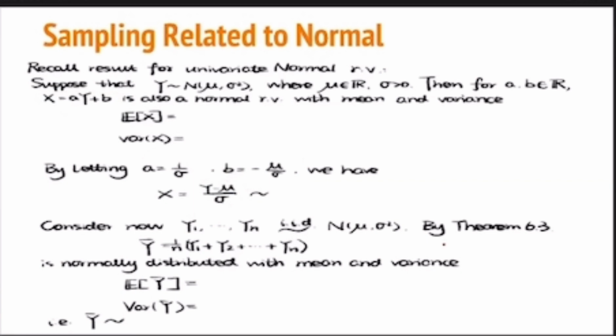If we have Y1 up to Yn IID following normal distribution, don't forget what I mean by IID. The IID is just telling you that Y1 up to Yn are independent and they are being sampled from the same distribution. Now, if they are sampled from the same distribution, we're interested in figuring out the average: Y1 plus Y2 up to Yn divided by n. Now, when you take a look at this,